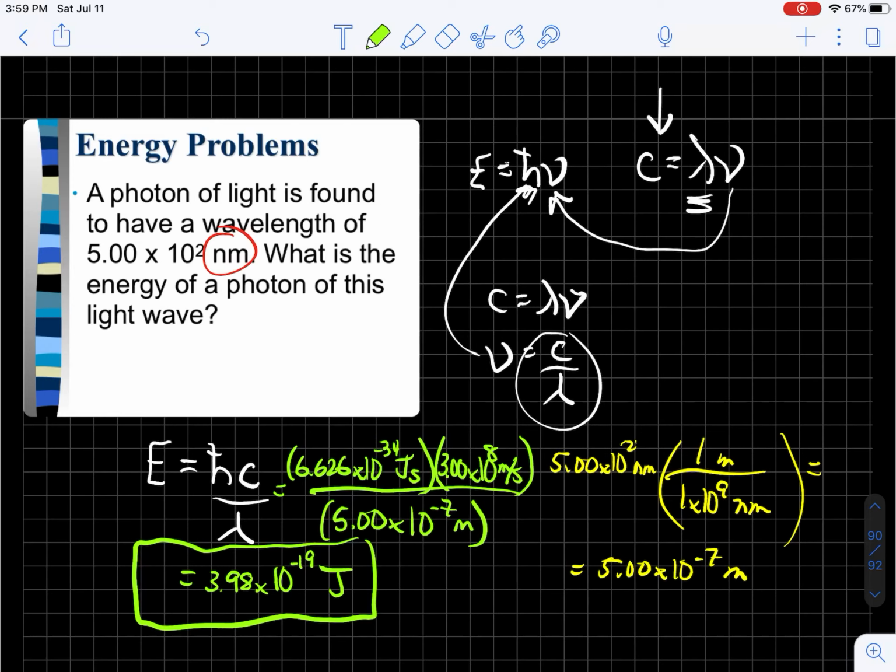And there you go. That's all there is for these wave calculations in Chapter 4. So, again, don't make it harder than it has to be. And I think I'm going to try to get some of these Chapter 5